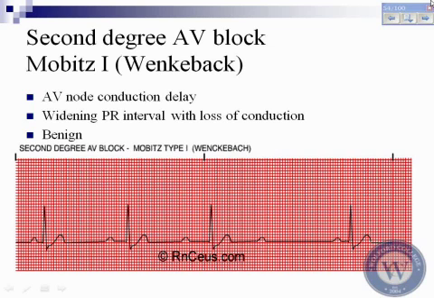Okay? Mobitz 1 is also called the Wenckebach. What you see in this individual is that the PR interval begins to increase in its delay period and eventually loses the QRS. The danger of this disease process is that it's the upper chamber of the AV node that's diseased. So it's not a problem in the sense that the person is not going to go into complete third degree